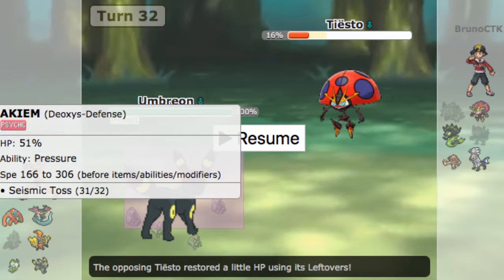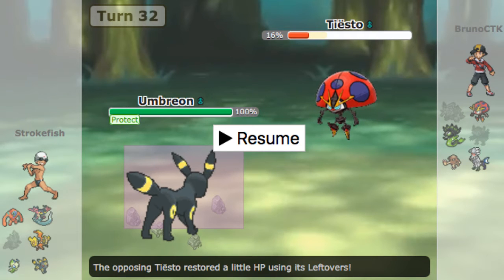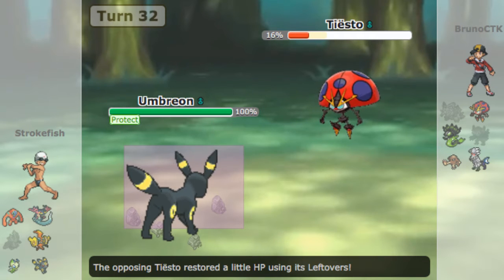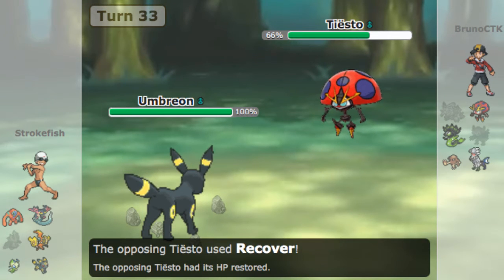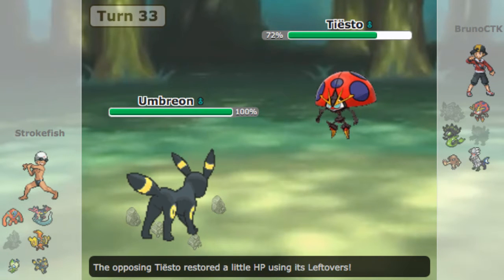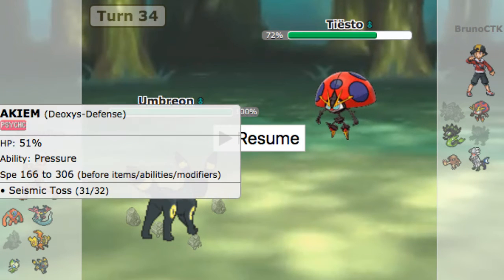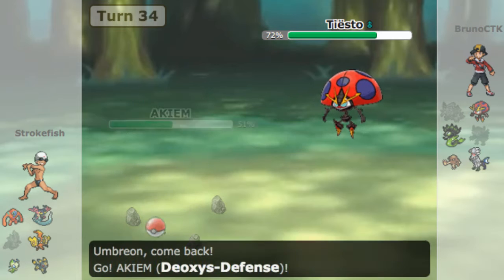But I still live with Deoxys, so I guess actually not after Rocks, so maybe that was his play. So yeah, I Protect. He goes for Body Press. He's going to Recover here, and I'm going to Foul Play again. Actually, no, I Wish into Umbreon here, or I'm going to Wish Pass into my Dio. That's what I was doing. So I'm going to Wish Pass into Dio because Deoxys is kind of low here,